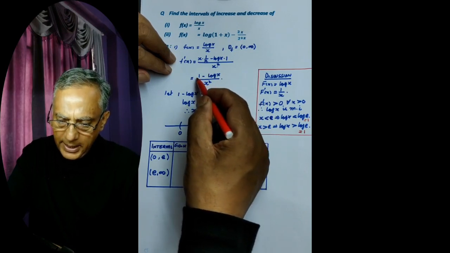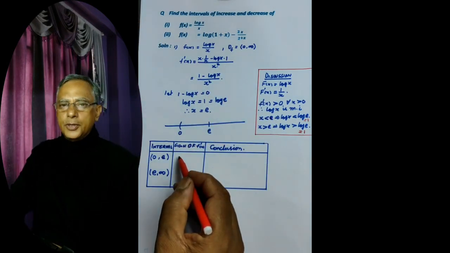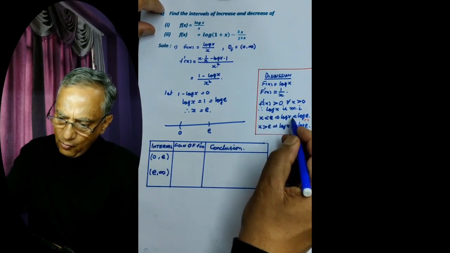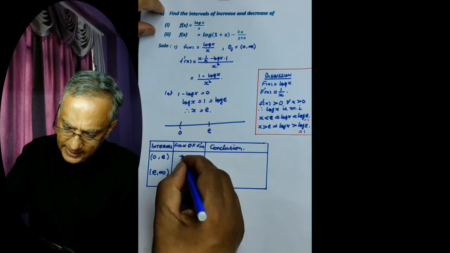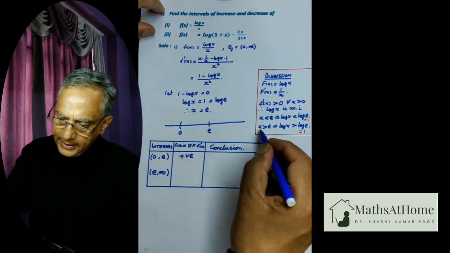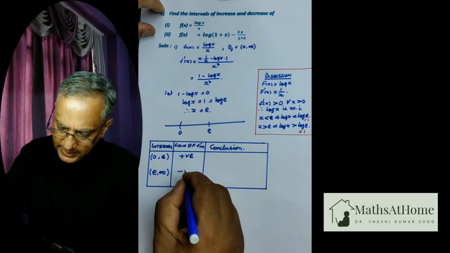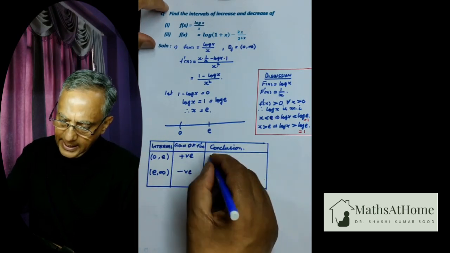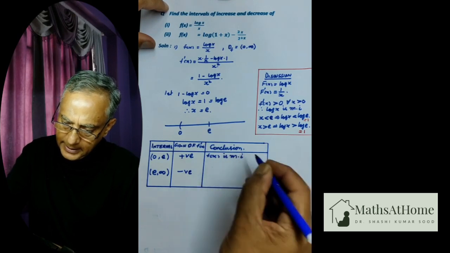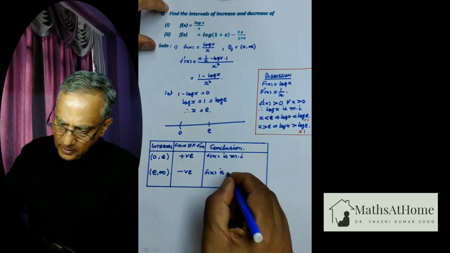So this will be negative. So we enter the following conclusion. In 0 to e, that is in this interval, 1 minus log x is greater than 0. And in e to infinity, that is x is greater than e, 1 minus log x is negative. So we can say f(x) is monotonically increasing in this interval, and in this interval f(x) is